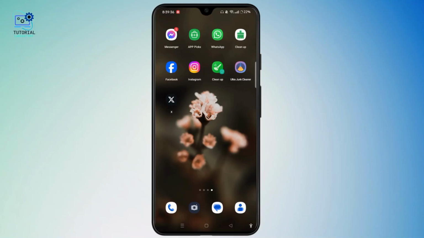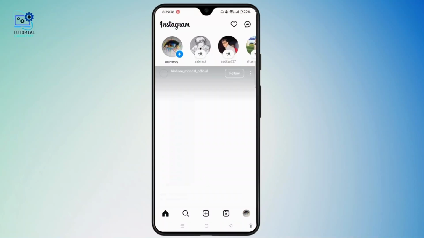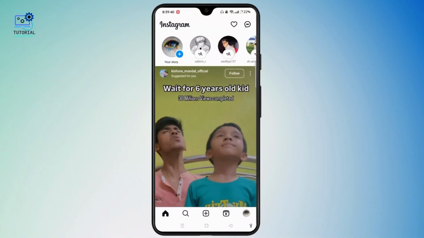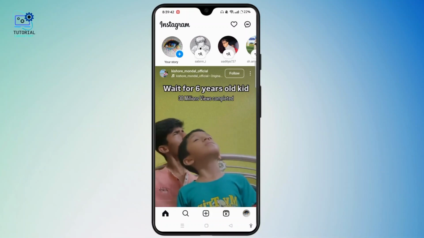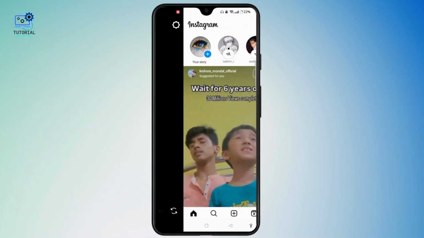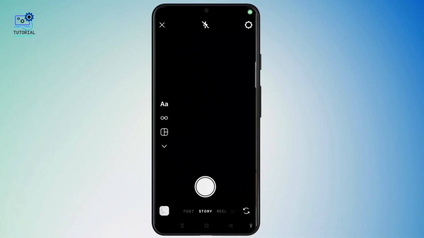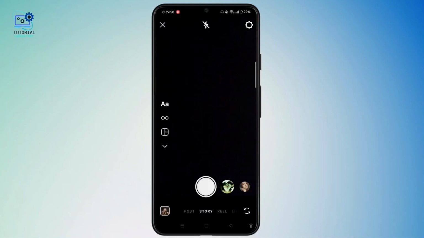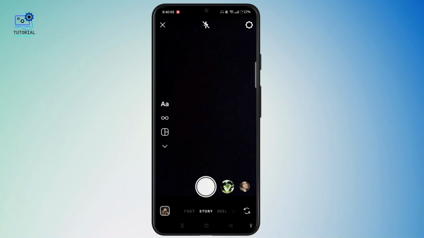Launch the Instagram application on your device. Make sure to log into your account. Now you can easily slide from left to right in order to access your story camera on Instagram. From this section, you can see that my toolbar on the camera section is on the left. If it appears on the right in your Instagram camera section, then you can easily change the side of the camera